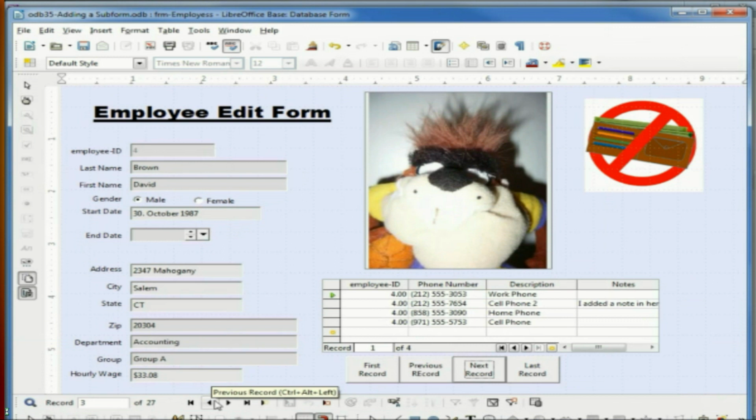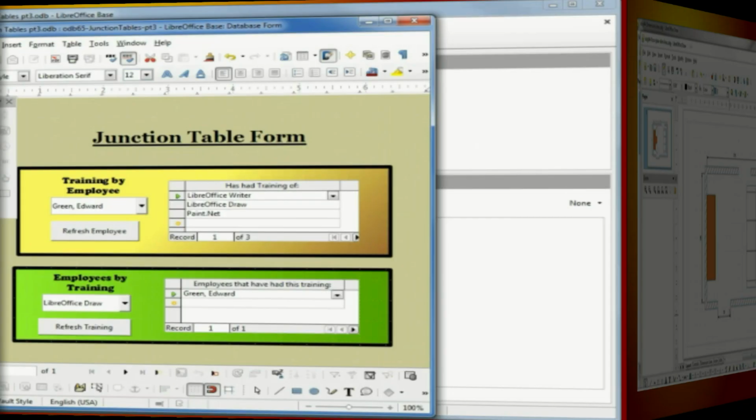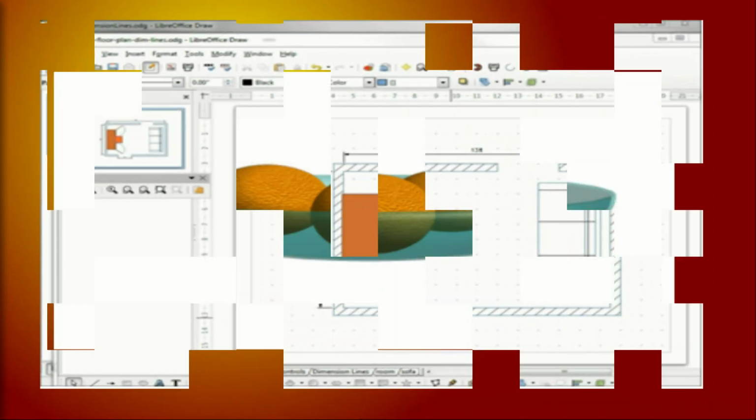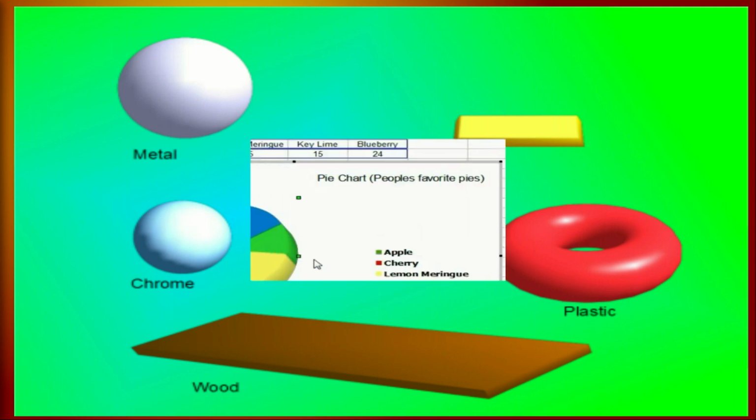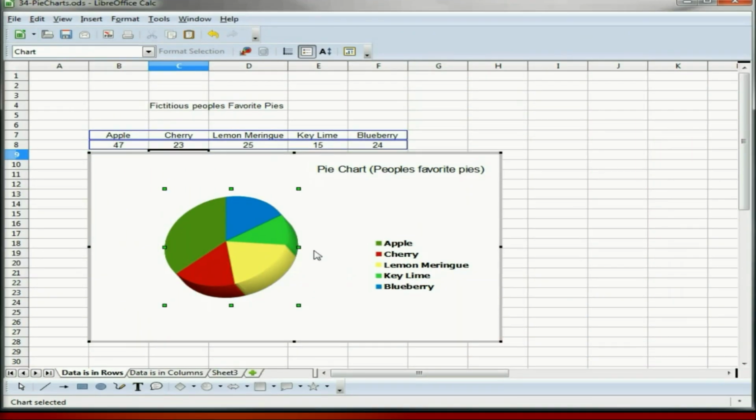LibreOffice Impress can also be used to create a slideshow. I've added some transitions to these slides and set them to switch to the next picture after a set period of time. Another feature of LibreOffice Impress is to draw or write directly on the presentation while you're giving it.